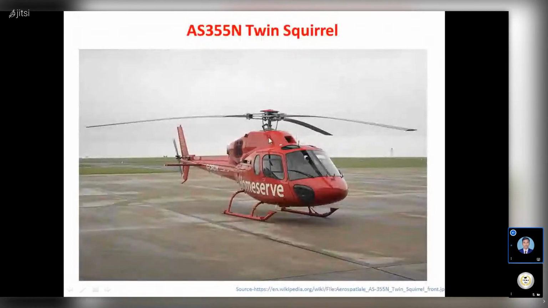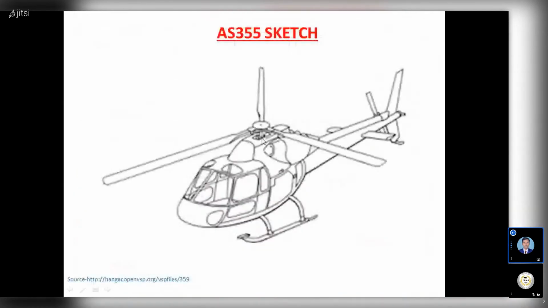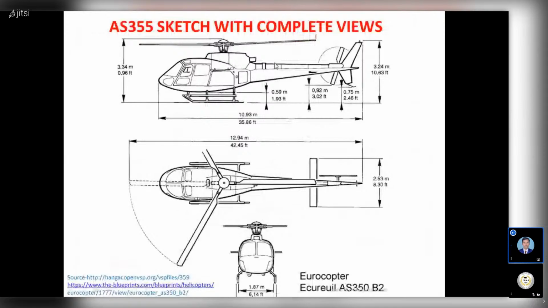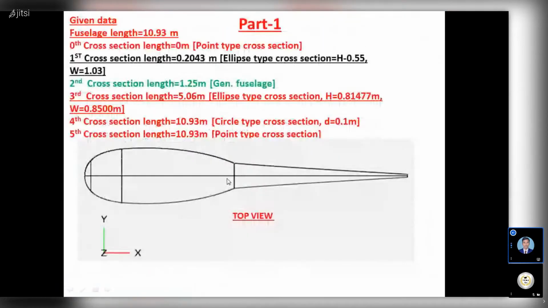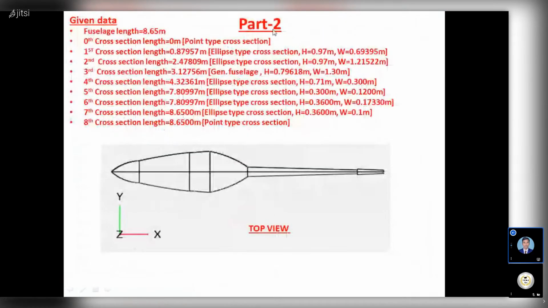This part will start. With respect to that, we have the dimensions, and I have mentioned them clearly in this slide for part 2. Fuselage length is 8.65 meter, and there are totally 8 cross sections